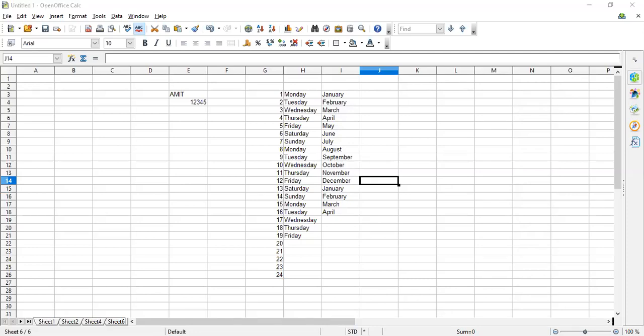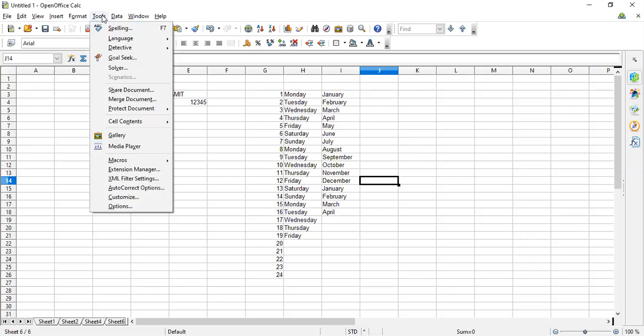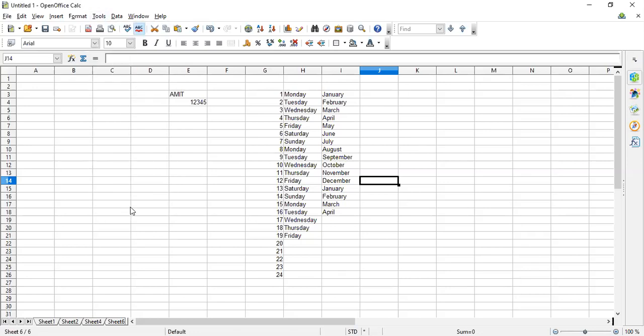अब इसके बाद यह है कि if you want to create your own sort list, how are you going to do it? For that you need to go to tools, उसमें options आएगा, उसमें open office calc होगा, then sort list option होगा. Go to tools, options.